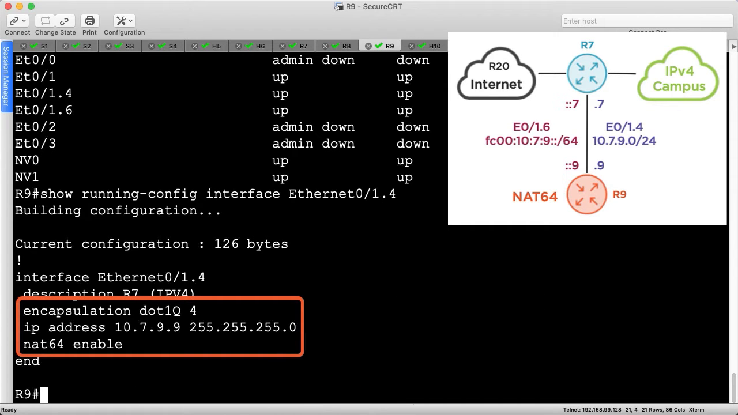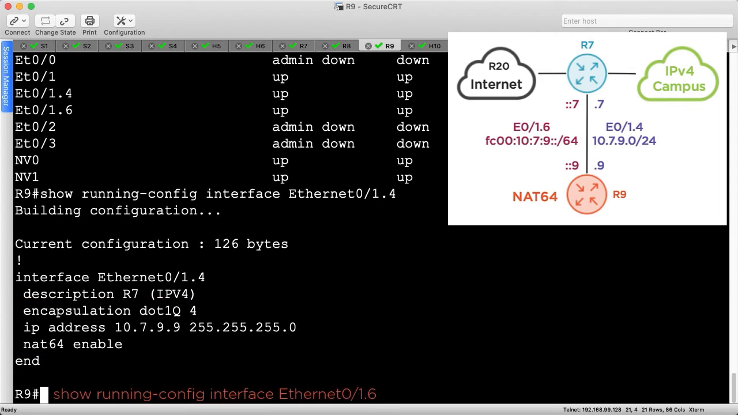The interface is dead simple, with only an IPv4 address, no IPv6 address, and NAT64 enabled. With NAT64, you don't specify directions like in or out, since that doesn't really make sense in this context. Next, let's check out the VLAN 6 interface to get a clearer picture on how the two sides of NAT64